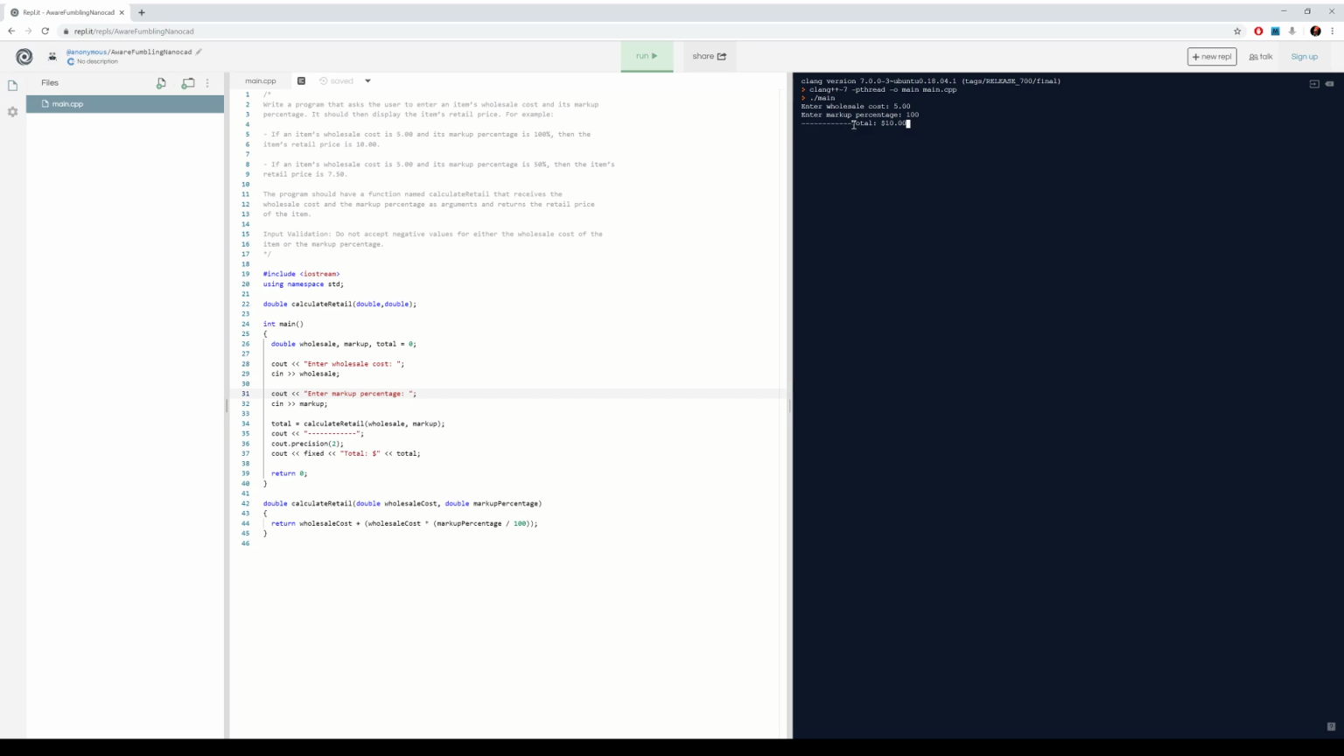Well, we got the right value, but it looks like we're off a little bit here. So let's fix our output formatting. We want to start a new line there. Let's go ahead and put in the second set of values. So 5.00 and 50%. And there we get 7.50. All right, and that's it for this